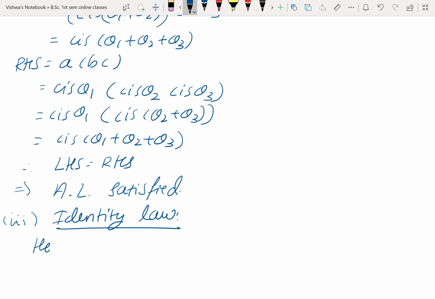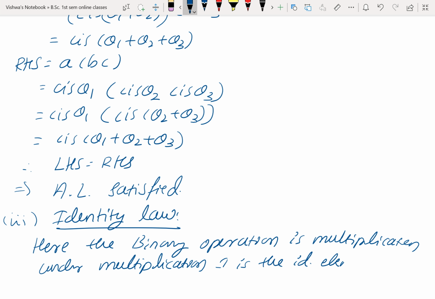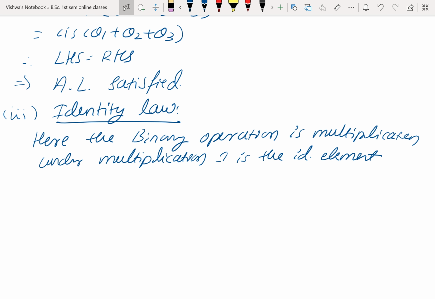Here the binary operation is multiplication. So under multiplication, 1 is the identity element, right? 1 is the identity element. So